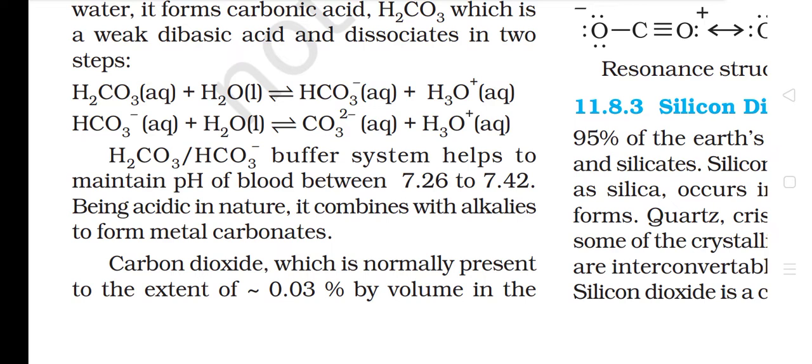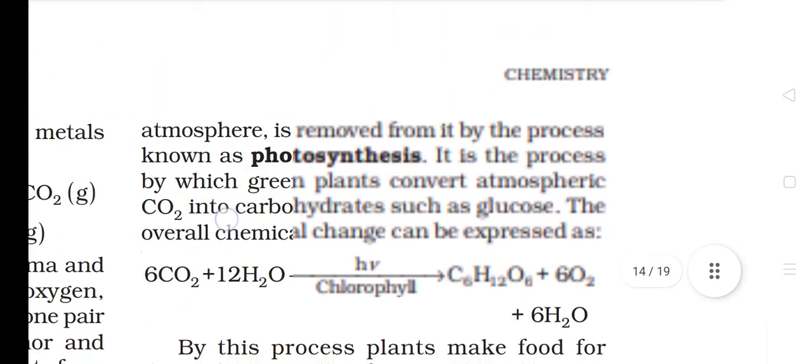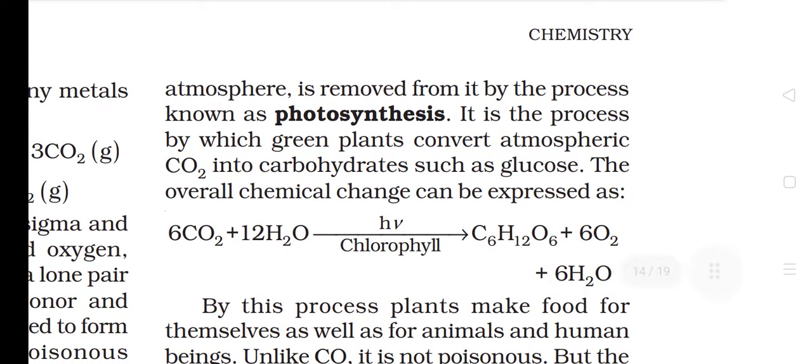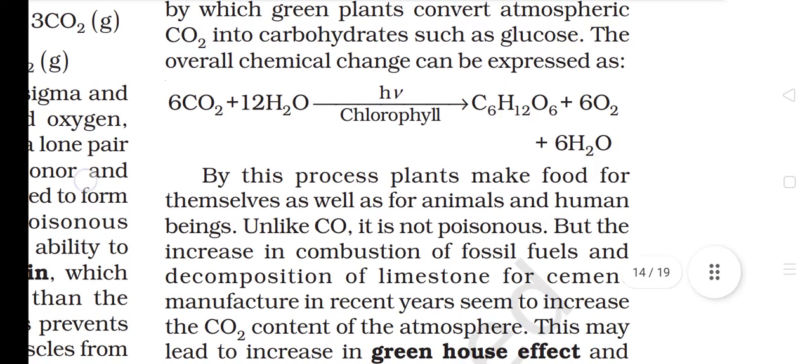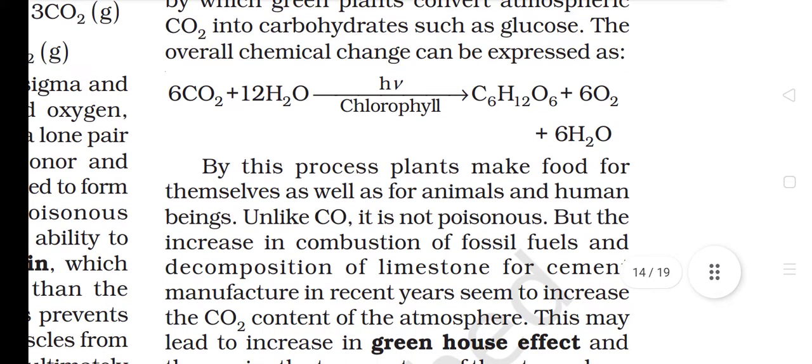Carbon dioxide, which is normally present to the extent of 0.03% by volume in the atmosphere, is removed from it by the process known as photosynthesis. It is the process by which green plants convert atmospheric CO2 into carbohydrates such as glucose. The overall chemical change can be expressed as: by this process, plants make food for themselves as well as for